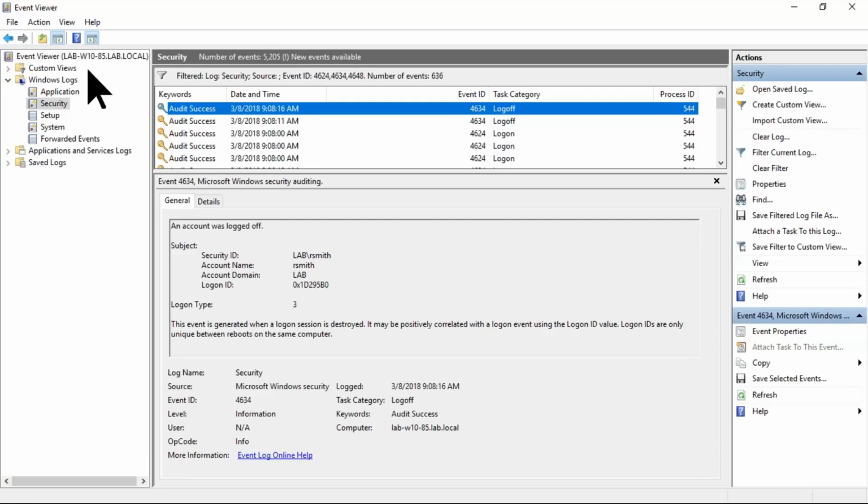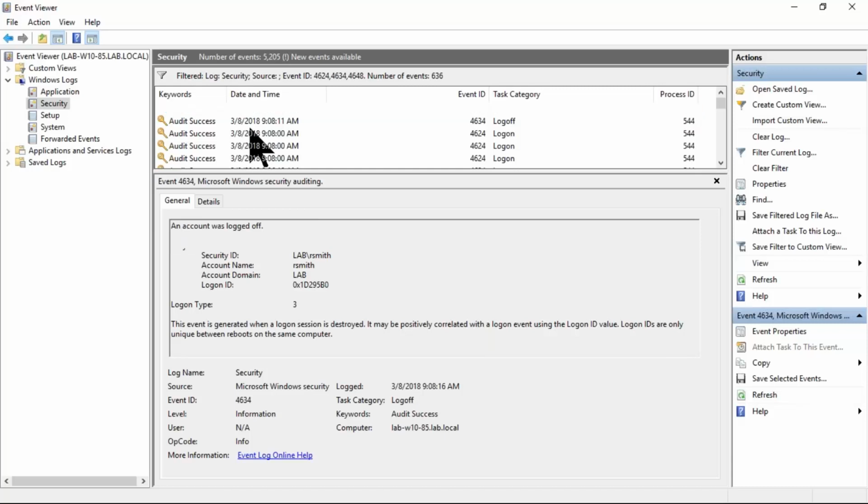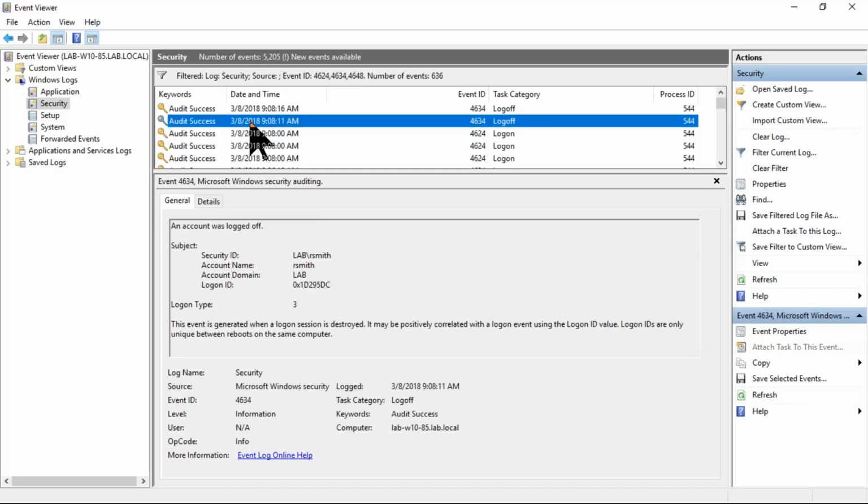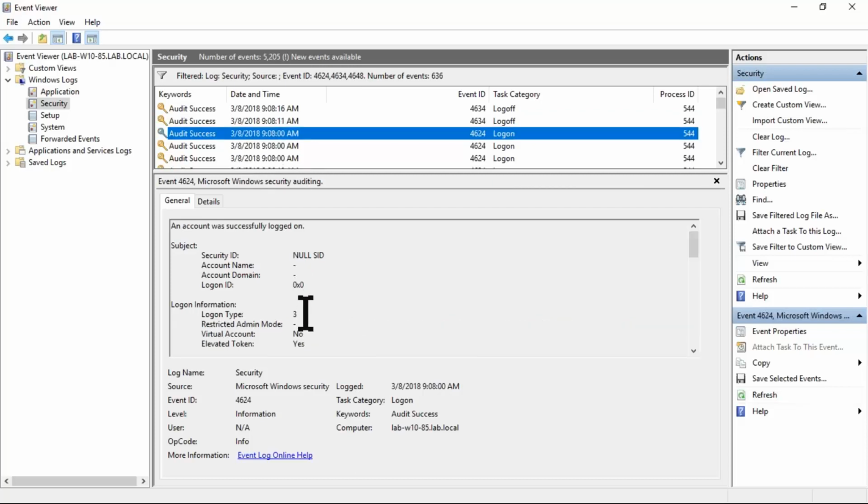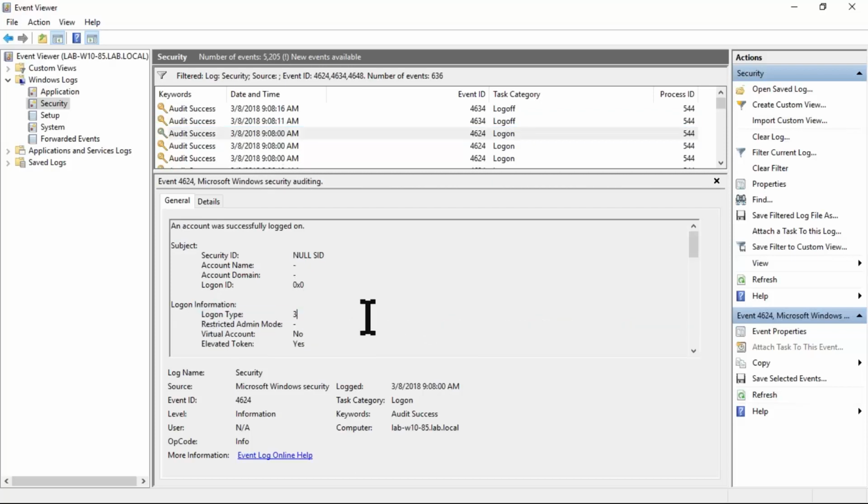I'm still connected, and Event Viewer is keeping that network logon type 3 session active because it's regularly querying the log, and so that's why we haven't seen the log off event yet. But normally these logon type 3s end very quickly, and they're outside the scope